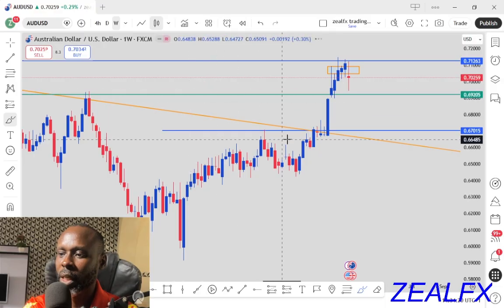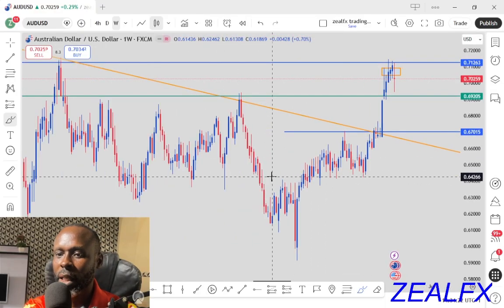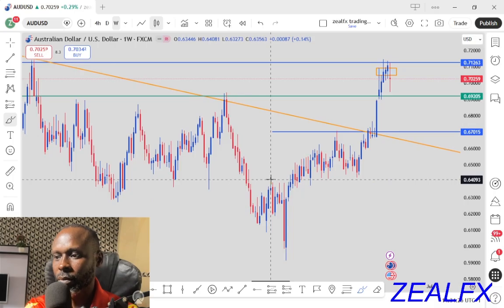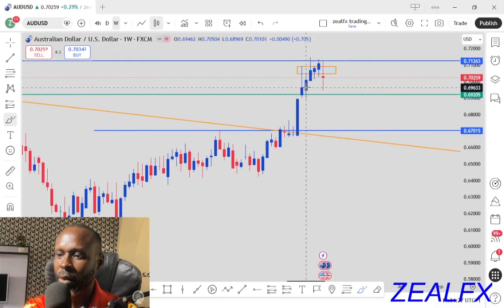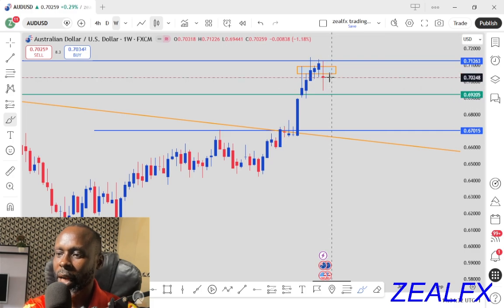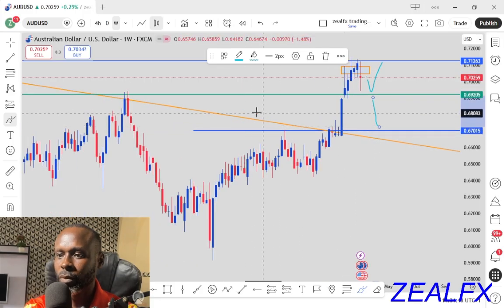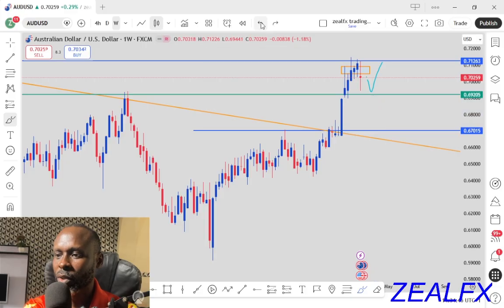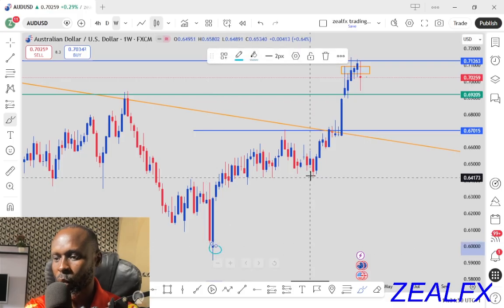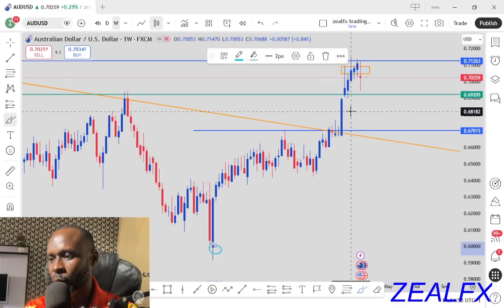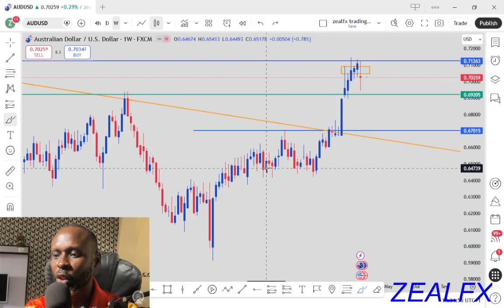Let's look at the weekly chart of Australia USD. On my weekly chart for the Australia USD, you can see we have price on a resistance level, which shows we expect price to touch this support level. Then we can start looking for buying opportunity or more of a selling to this next support level. Because on the weekly chart, Australia USD still has strong bullish momentum. You can see price is still creating a lower low and a series of higher lows. So long as we have this series of higher lows, this is an indication of a strong bullish momentum for the